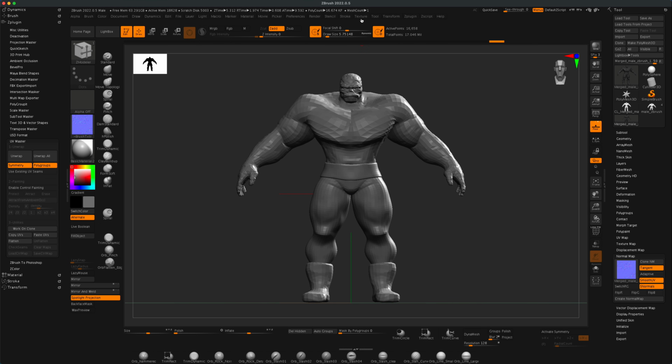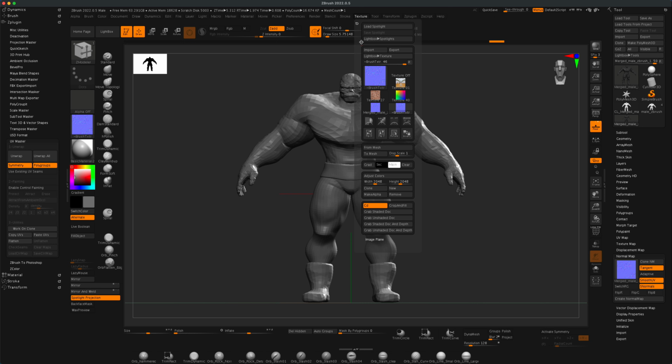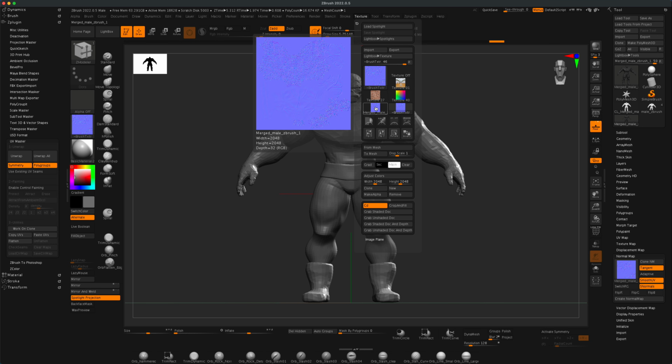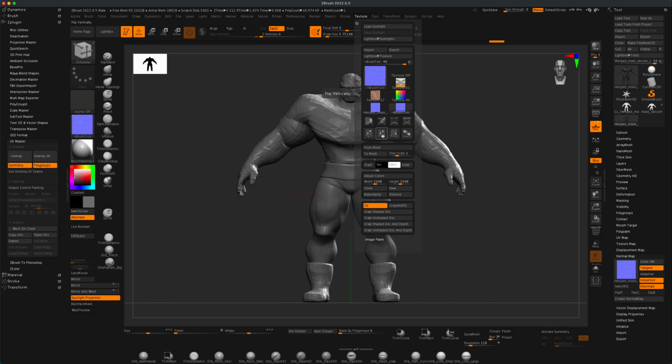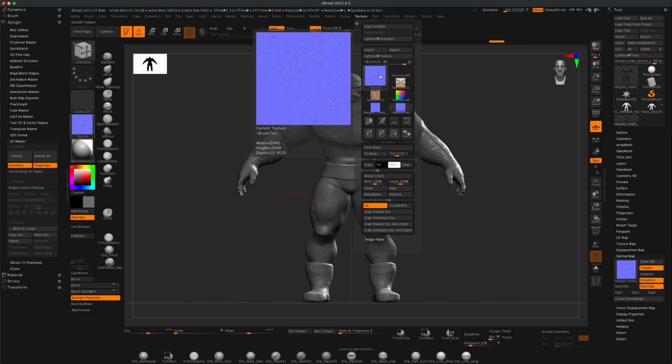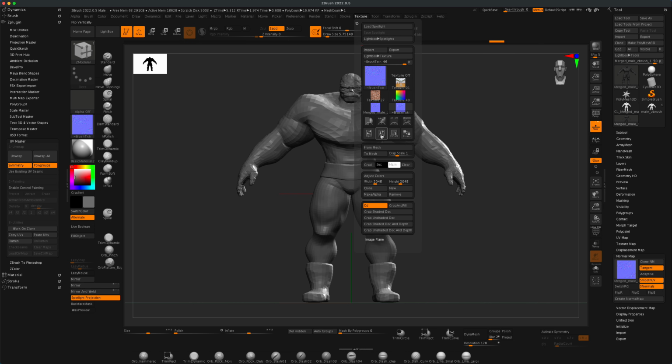We should be able to simply go to Texture, and let's go ahead and flip our map vertically, because ZBrush always has the normal map flipped. So I'm going to make sure I flip it over just like that. And now I should be able to just simply go to Export,